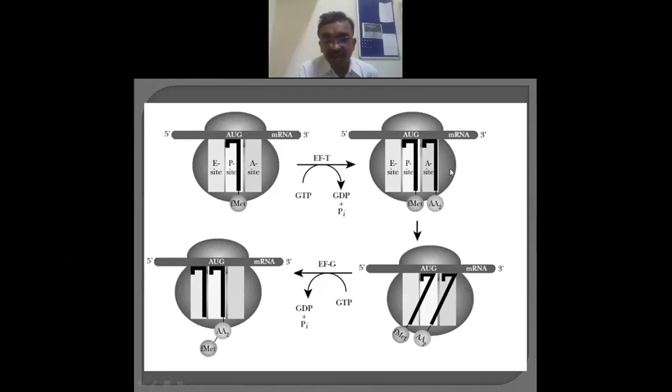Now what happens when both are available? Now this is going to shift. There is the movement of the ribosome over the mRNA, and hence, due to this, the location gets changed. Okay, so here it comes at the P, and this particular formyl methionine goes here. Okay, it also requires the ATP. Meanwhile, the formyl methionine is shifted on this, and in that way, now this structure is there.